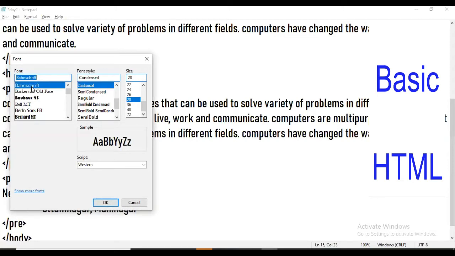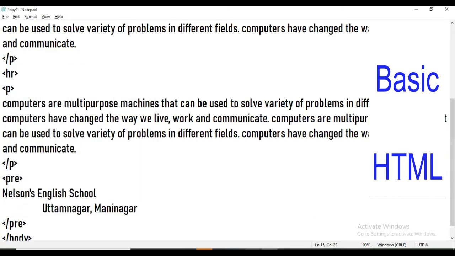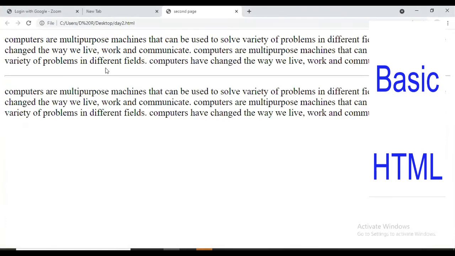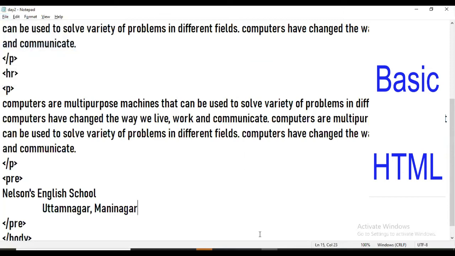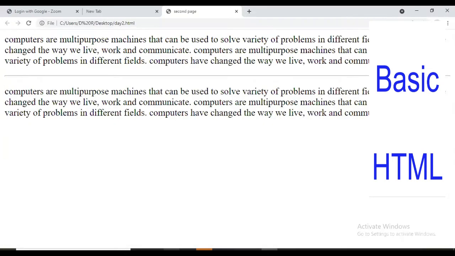We have used this font. And here it is different, means whatever settings are there in web browser, font size, font family, that will be applied here by default. Now refresh, file, save, and here refresh.